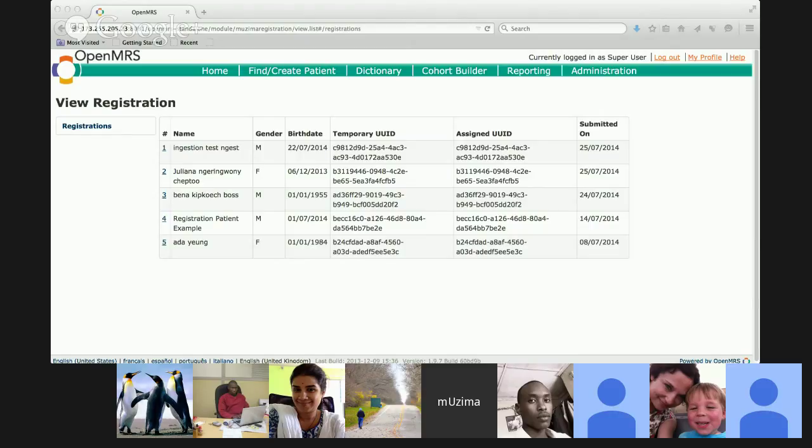The assigned UUID is the real UUID in OpenMRS. So for every new encounter, if you create the new encounter using your temporary patient, which means your encounter form will use the temporary UUID instead of the real UUID, this one will be used to resolve the real patient in the system.